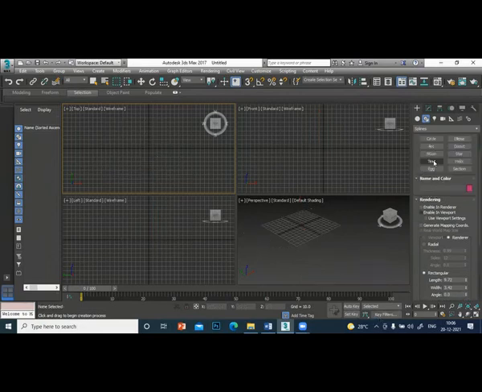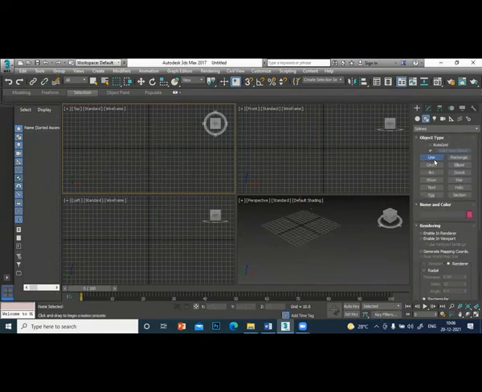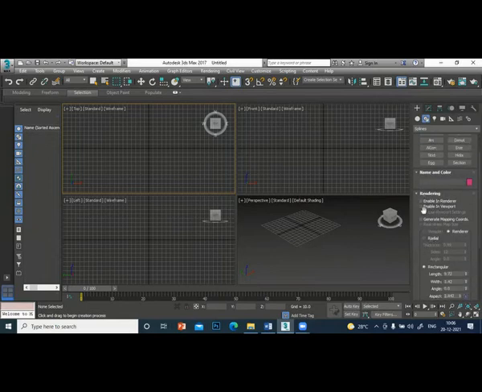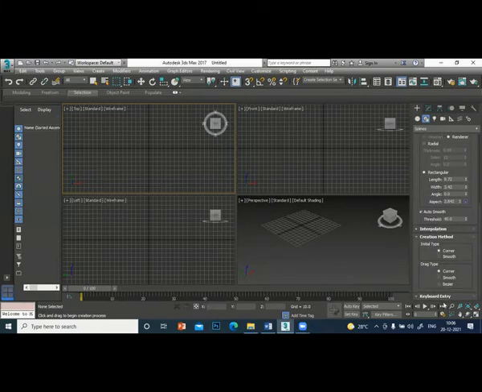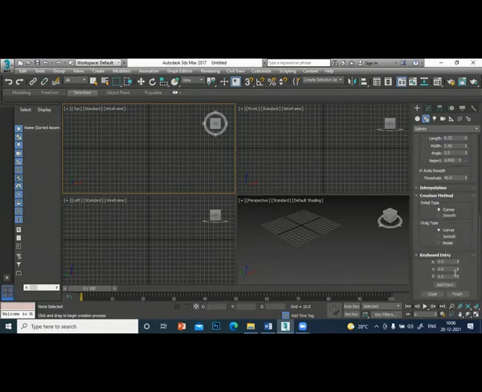So I will go to the line command, line. I don't want rendering. Down here, there is keyboard entry. Click this keyboard entry, 0, 0, 0. So my first point, click. So I will start from the center of this point. Click.